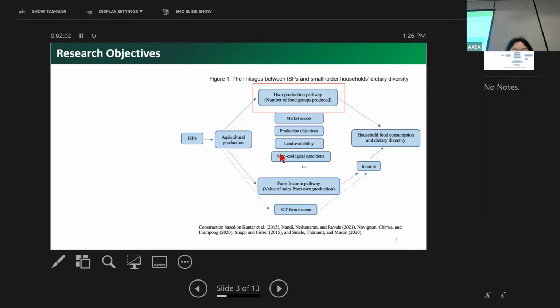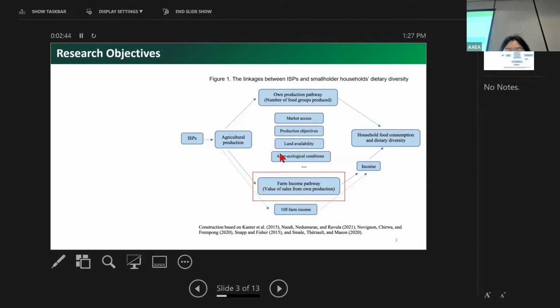So the input subsidies are mostly focused on subsidizing inputs for staple crop production, which means that the smallholders can meet their staple crop production need with fewer resources, since now they are getting these inputs at subsidized or reduced prices. So they might be able to use these spared resources toward producing other non-staple crops or even raising livestock. And if it is the case that smallholders consume what they produce, producing more diverse food means that they might be able to consume more diverse food.